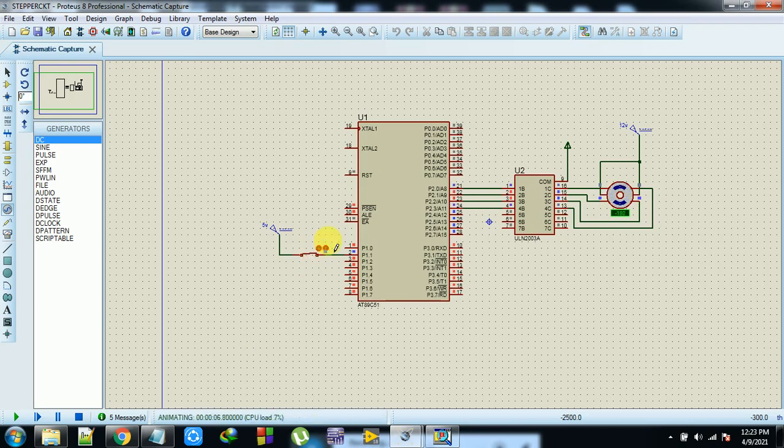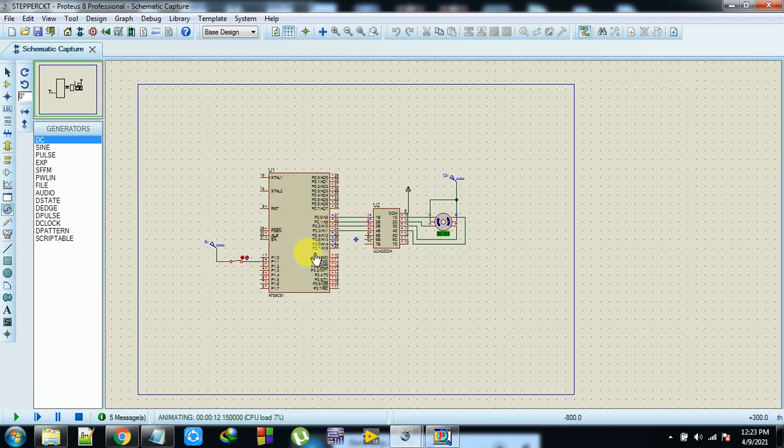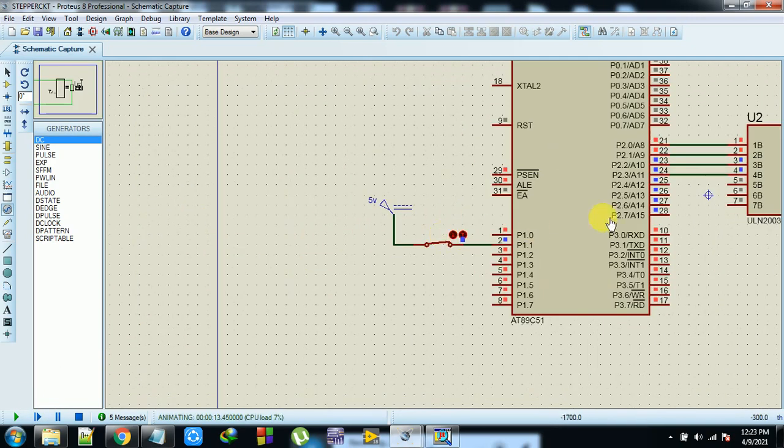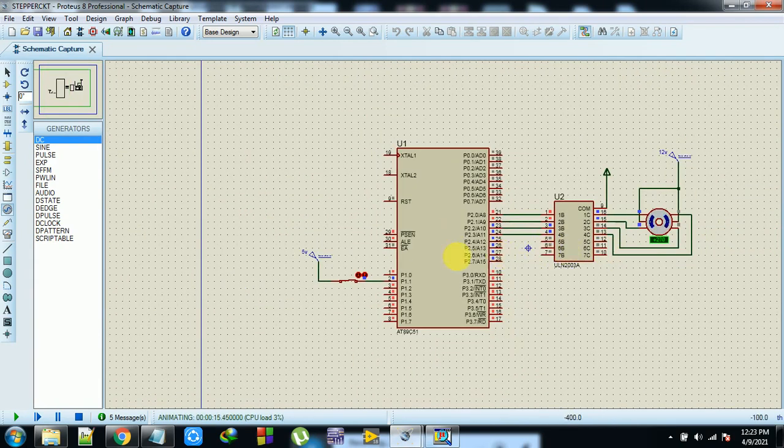Okay, one is nothing but forward direction, one is reverse direction, depends upon this voltage. I think you are able to see. So it depends upon the switch value only. Now it is in an on state. Okay, so whether we want to do it in a reverse state, that's it. Thank you.